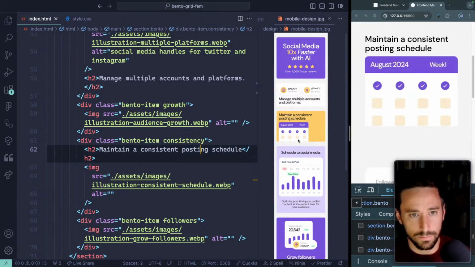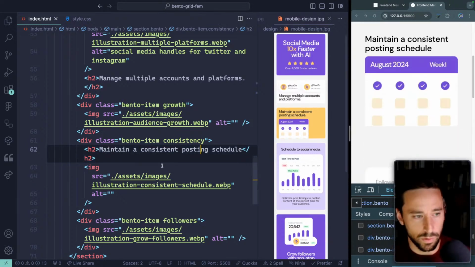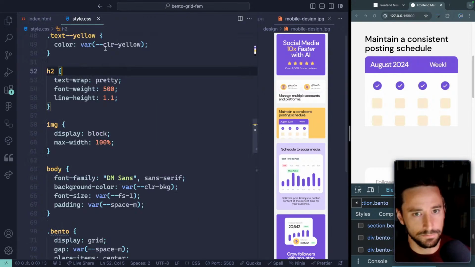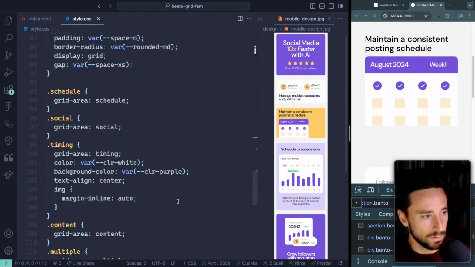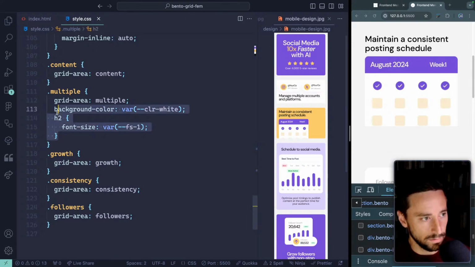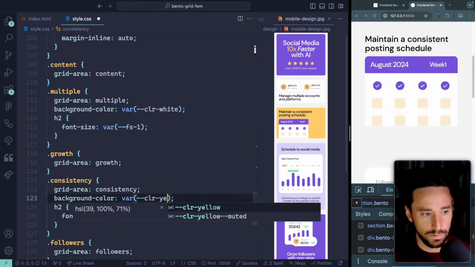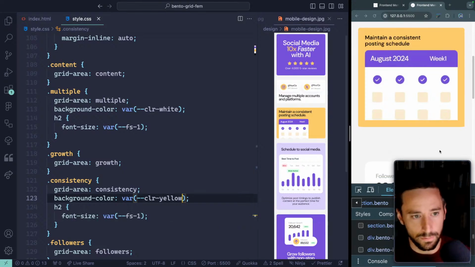All right, got those set. Next one, maintain a consistent posting schedule. Let's do the same thing. So I'm going to come over here and steal this at least, like this. We're going to come in here, just change this up to yellow, and we're done, almost. Kind of. All right, so this right here, because we've got some oddities here where this padding is,